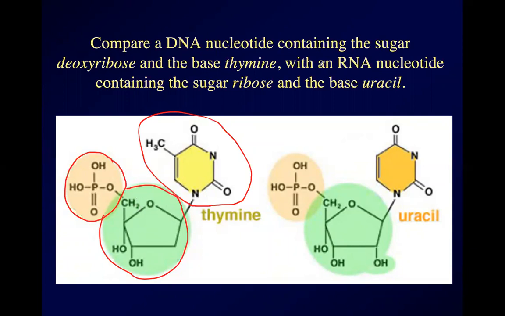So in DNA, the sugar is missing an oxygen that would go right here. So that sugar is deoxyribose, and the nucleic acid made with it is deoxyribonucleic acid. And then on the right, this RNA nucleotide does have that little missing oxygen right there. So we don't call it deoxyribose, we call it ribose. And the base is a little bit different, and it's not called thymine, it's called uracil,